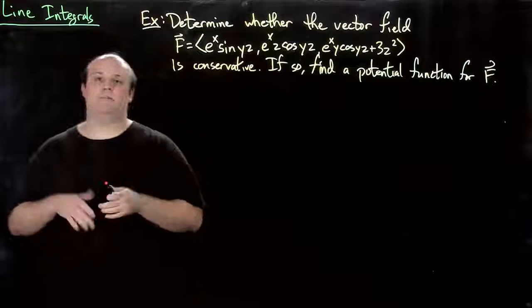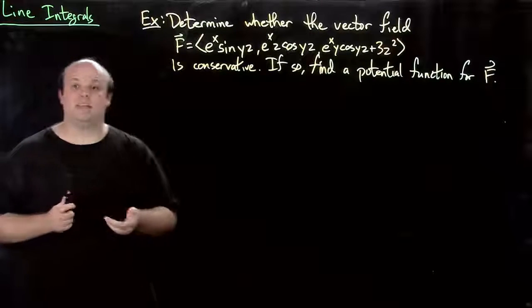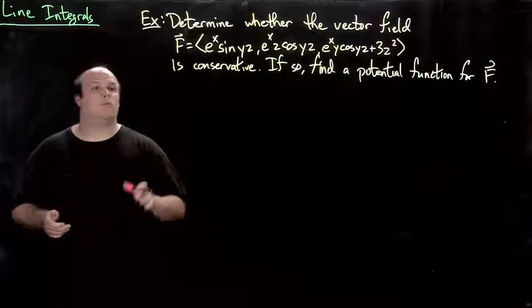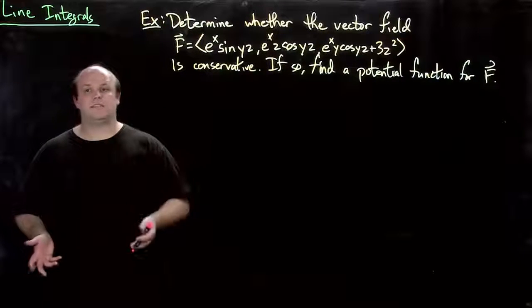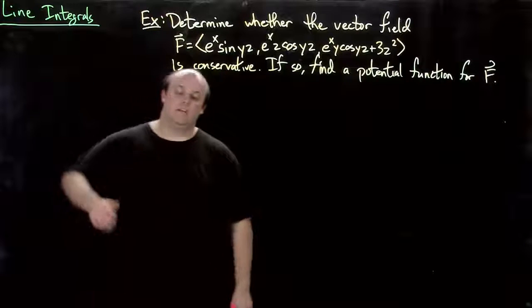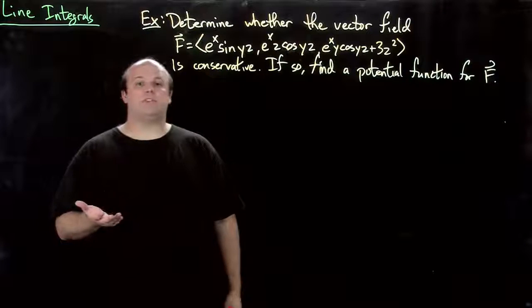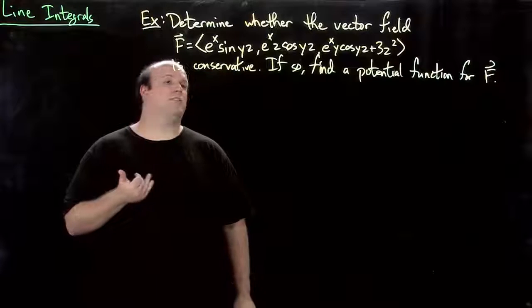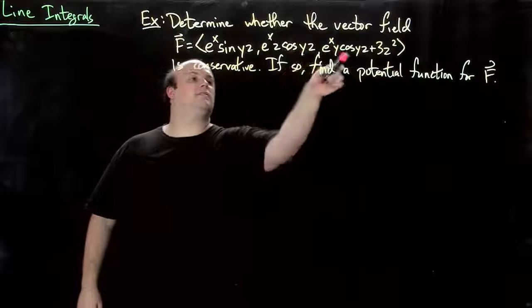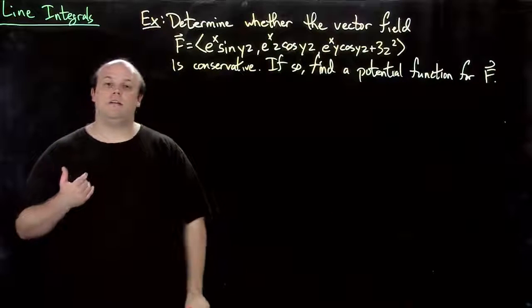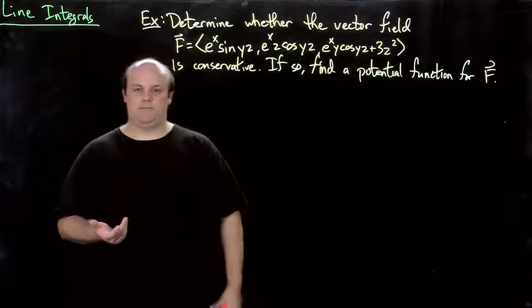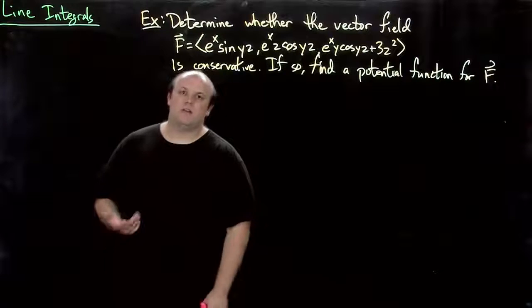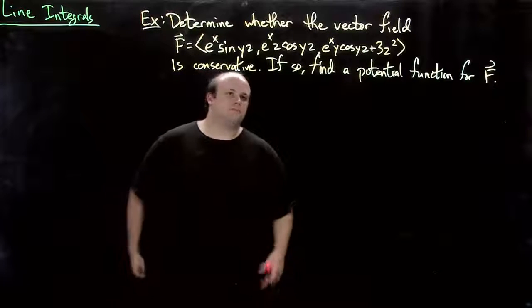All right, so now that we've had some practice with understanding when a vector field is conservative, let's do an example. If we wanted to show this is conservative, we'd have to show that all of its components are C1 on R3 and that its curl is 0, by the theorem. Now, we could do that,